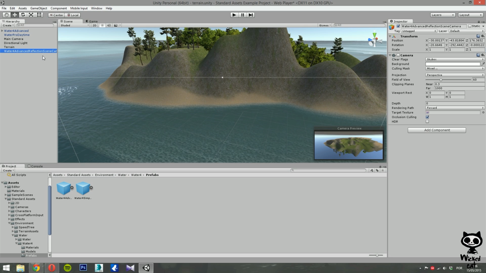This game object allows you to change the water reflection in your scene. I honestly don't know why, but in Unity 5 the camera component is deactivated. So let's just turn this component on, and now let's check the components for the